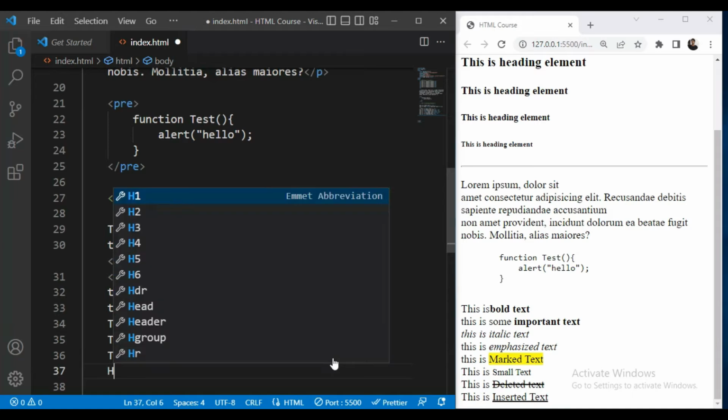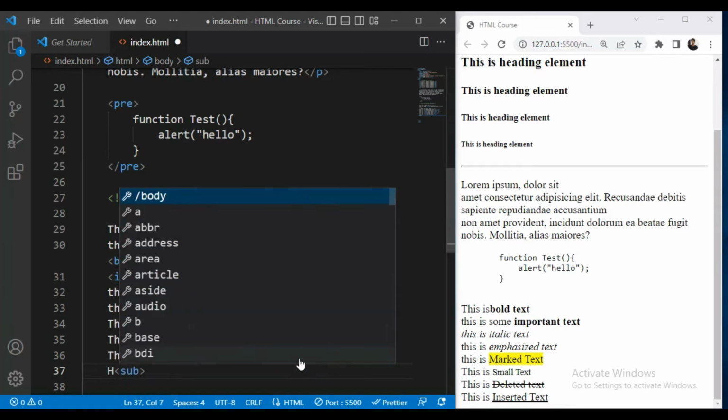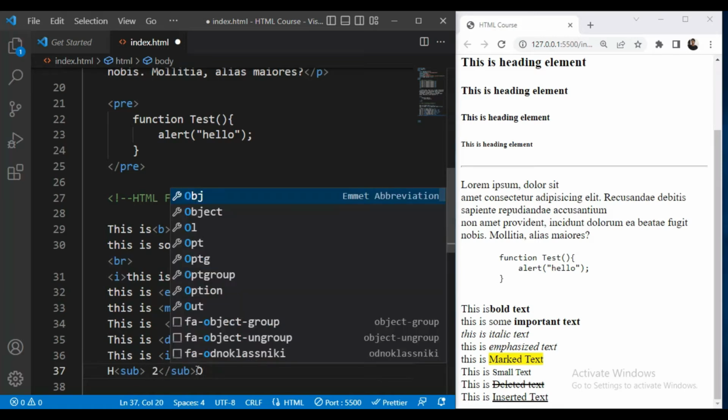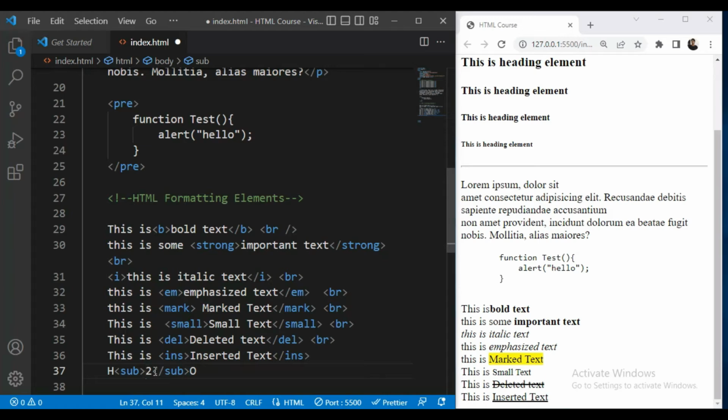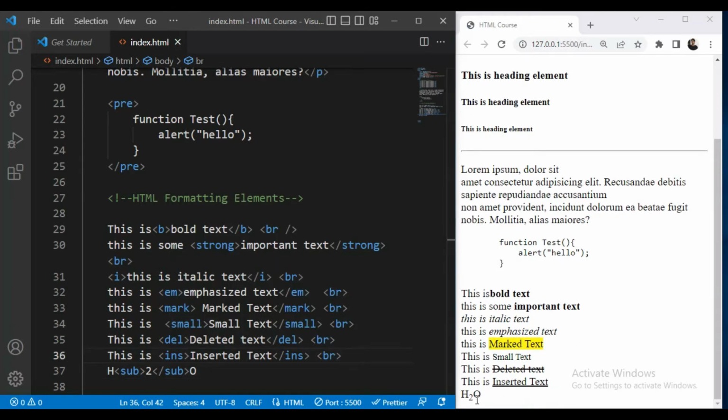So for example H, and then I'll write the sub tag, and I'll write 2 inside this, and O. So now you can see H2O, the 2 is below the normal line.